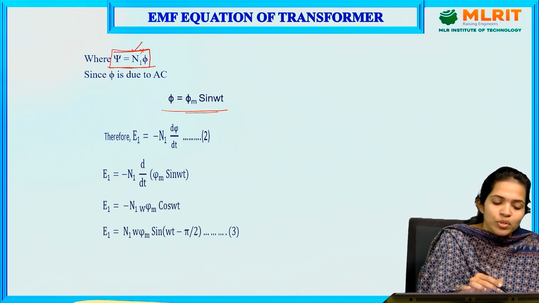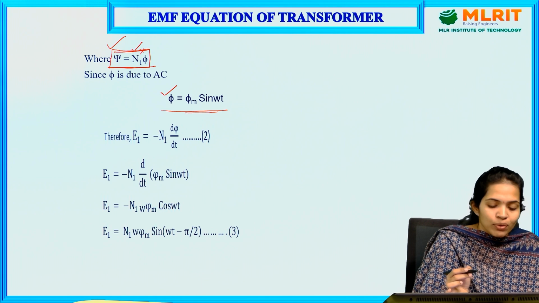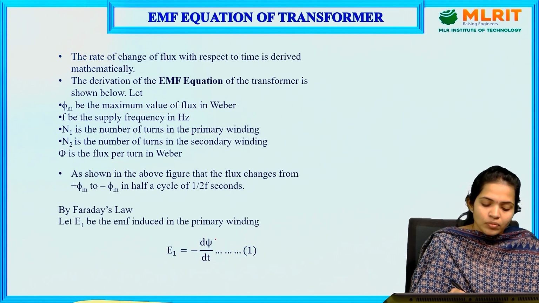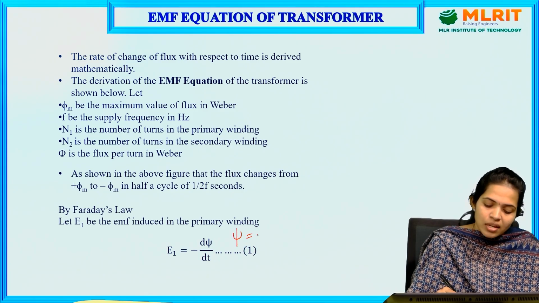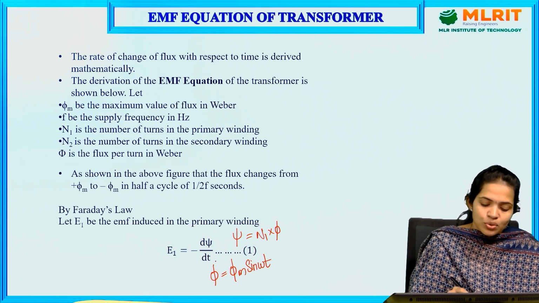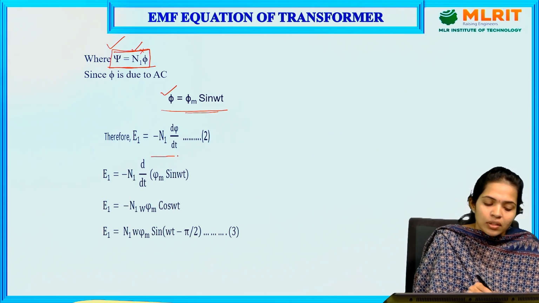So when you substitute the value of phi and this flux linkages in equation 1, here phi as flux, psi as N1 into phi, and phi as phi m sin omega t. So upon substituting these two values in equation 1, we get the relation as